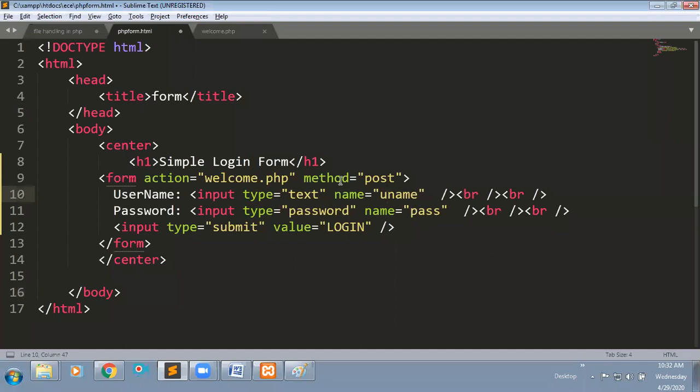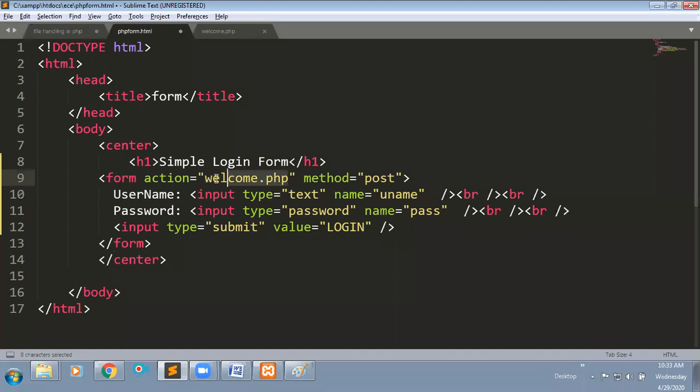What is the use of giving the name? It is to read this text field data in our server page. Within the form you can observe the action attribute, right? It tells that once you click on the submit button, the total form data is submitted to this page.